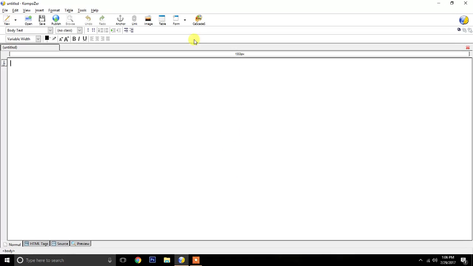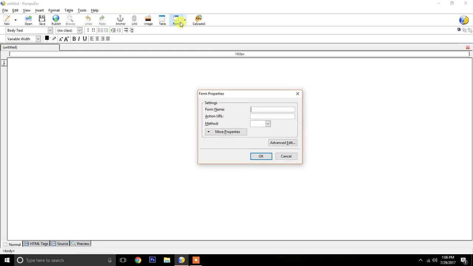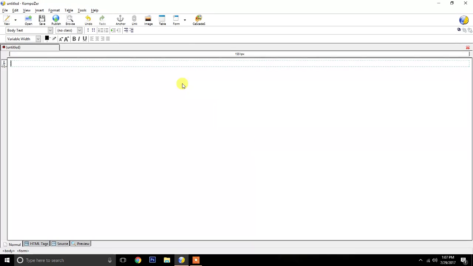First of all, you have to define the form. Whatever name you are giving to your form, you have to remember it. I am giving JS1 as the name of my form. Then, for what I want to open, I don't have any file, so I will just write hash. That will just redirect to the same page only. But if you have some file, for example I have first.html, I write first.html here. So when the user submits the form, it will go to first.html. Then I select any of the methods, and okay, now my form is ready.